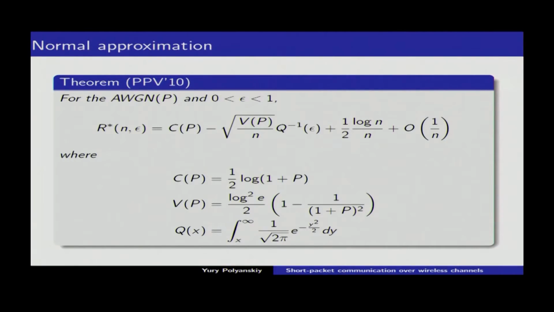So you can get this 3-term expansion. You can see that as n grows, as this block length grows, this rate converges to 1/2 log(1+p). This is the Shannon business, and the speed of convergence is 1 over root n, right? So this is the important thing to take away from here.